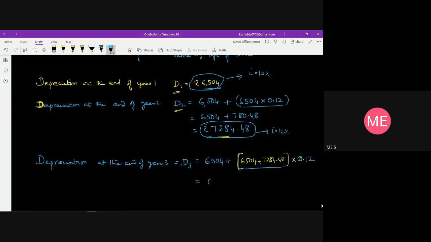Say for example, 6,504 plus 7284.48 into 0.12. So I'm going to get 1654.62. So together I'll be getting around rupees